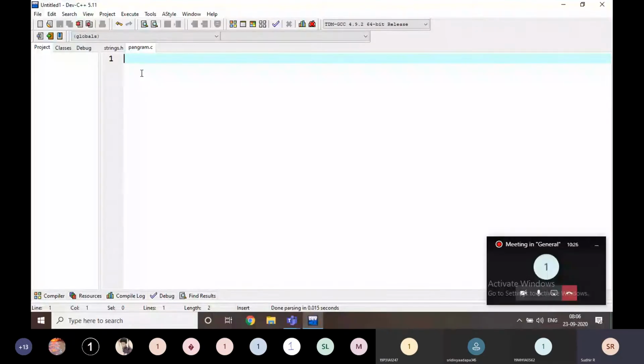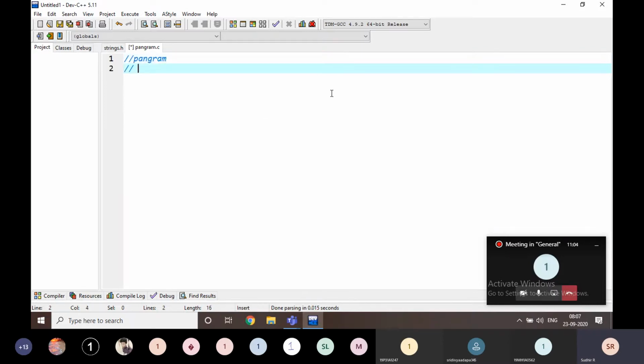We're going to start some examples of strings again. And today's program is... what is that? I may forget that. The name is Pangram. What does Pangram mean? First of all, what is a pangram?